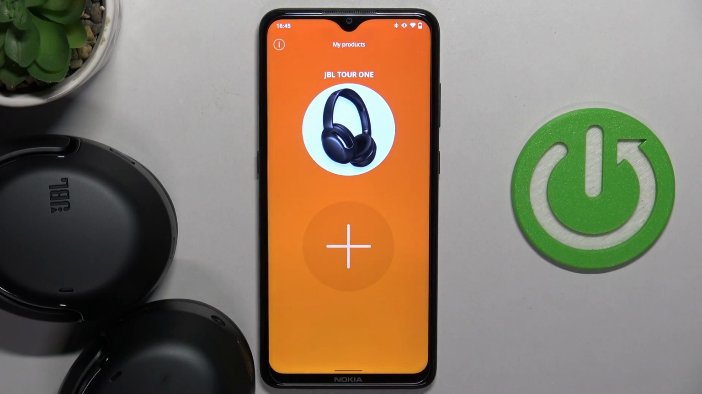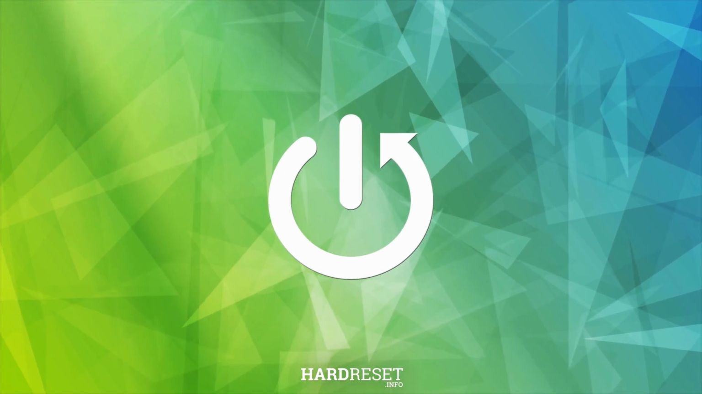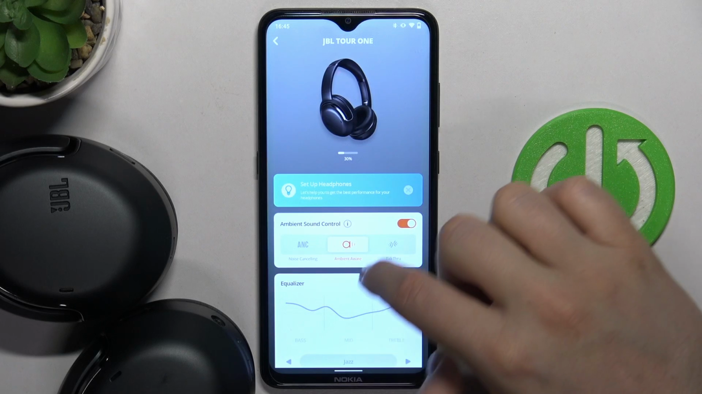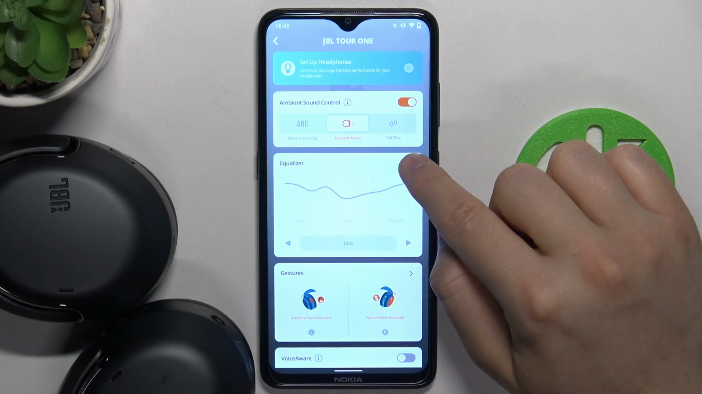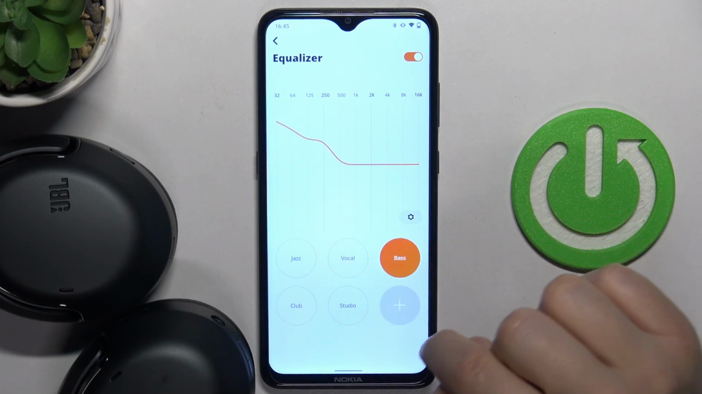Hello, in this video I'm going to show you how you can use the sound equalizer of your JBL Tour One. So first of all, we have to select them from the application and then scroll down and click on this arrow. Right now, turn on the equalizer by tapping on the switcher, and as you can see, we can find 5